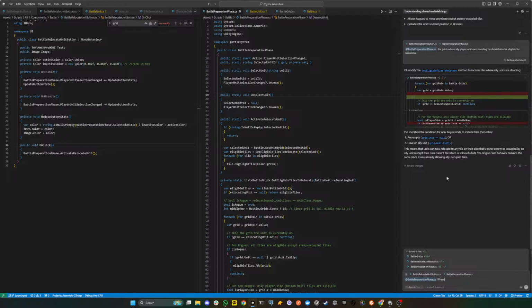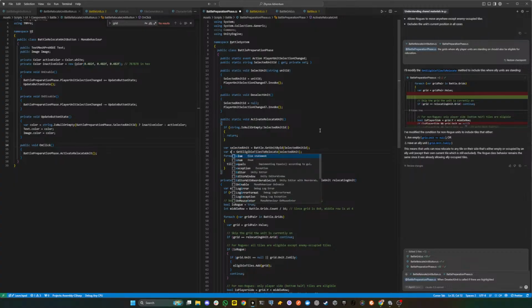When deselect unit is called, if there are highlighted eligible grids,